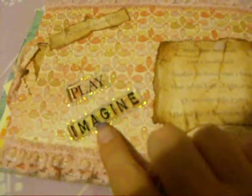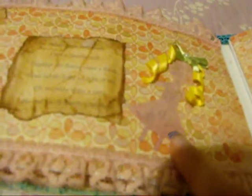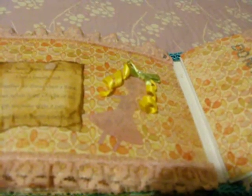This next page, this was one of the really long poems. So I've got the first verse starts here, play and imagine, and again I stickled around the edges of that. This talks about a doll with curly hair, so I have a bunch of these little paper dolls that I cut out myself, which was always interesting because it never dawned on me that I did not know how to cut out a paper doll until I had to cut them out. And it was funny because I started cutting them out, and then they got smaller and smaller and smaller as I went, and luckily I figured out how to do them and got some bigger ones,